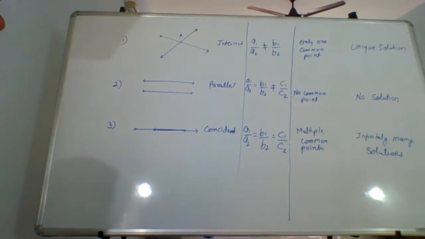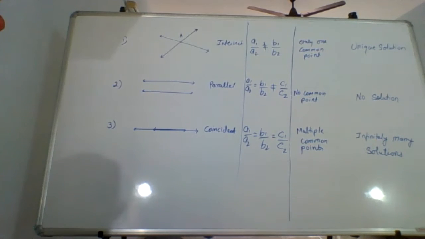So as I said, we will need the graph books when we are going to solve. How to solve? We will see. We will take that equation, whatever equation it is, for example, x minus y equal to 0 or x minus 2y equal to 0. Then we are going to substitute some value for x, find the value of y. Then substitute another value of x, find the value of y. Like that, we are going to get 3 values of x and y. Then we are going to plot those 3 points on the graph paper, draw that line.